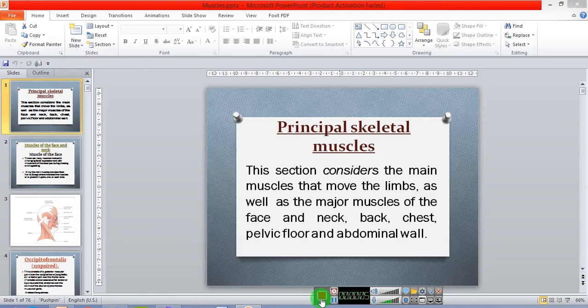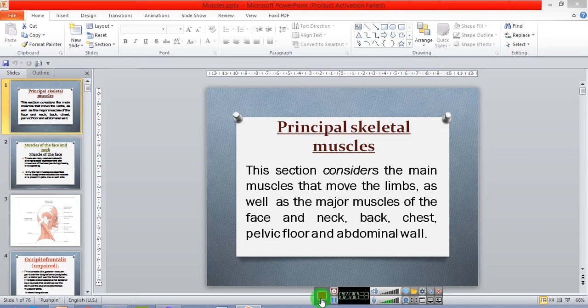Already we have discussed the types of muscles, sliding filament theory, structure of muscle tissue, and the neuromuscular junction. Some students comment that they are unable to understand that neuromuscular junction lesson. Again, you can watch the lesson and try to understand with the book. However, when I am doing the nervous system, I will do it again. So nothing to be afraid.